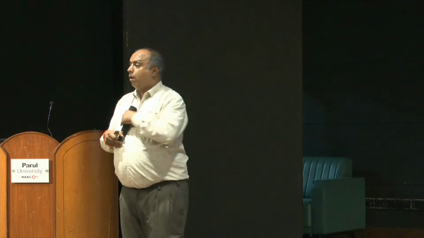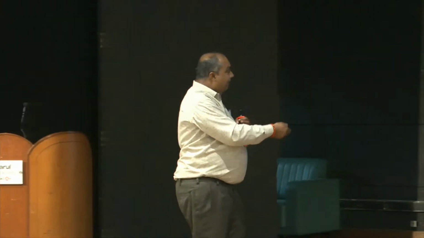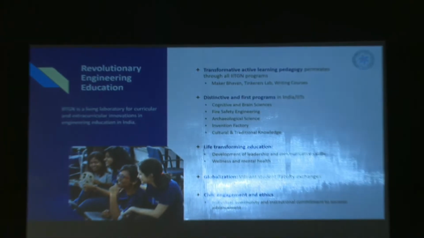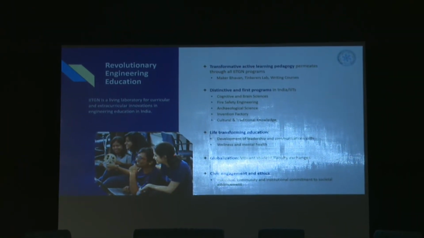Imagine having an IIT, an engineering college, with a neuroscience department. What has neuroscience to do with an IIT? Why should a neuroscience department be there in an IIT? But if you see what Elon Musk is doing today in the USA, can we do something here? Can we even connect Ayurveda to the brain sciences? That is also engineering. Can we bring nanotechnology to engineering? That's exactly what these departments are doing. In the fire safety lab, archaeological sciences, invention factory, cultural programs, many of them are interfacing at the nanotechnology work